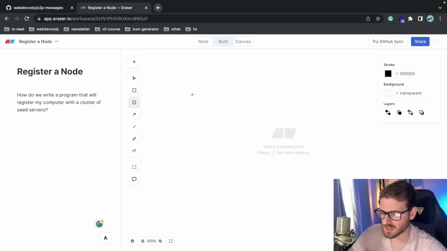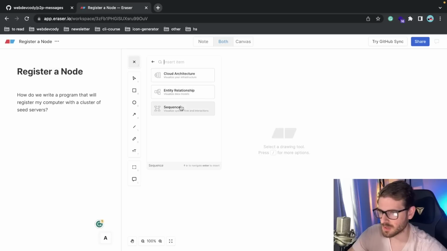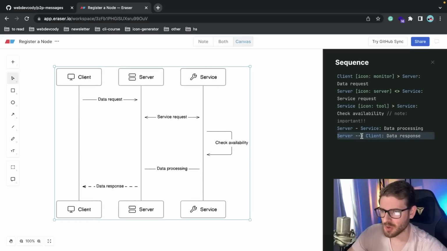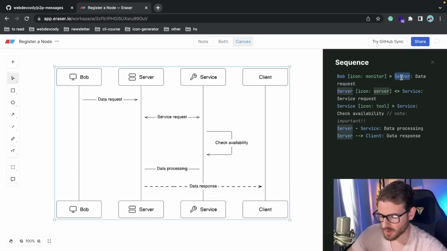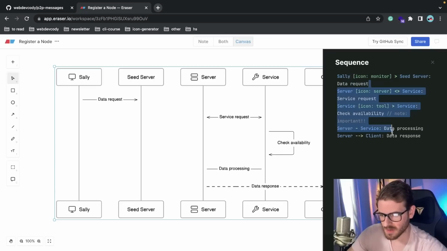And let's go ahead and try to diagram this out using a sequence diagram, right? So if you use this plus symbol here, you can actually go and say diagram as code, which is one of my favorite features of Eraser, but they do have a lot of other cool features. What this allows you to do is you can actually type in code, which will create this diagram for you, right? So we're going to go ahead and just type in Bob here, and we're going to go ahead and say like seed server. Actually, I'm going to start with Sally,